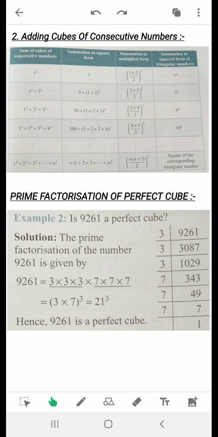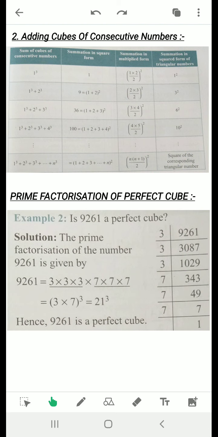So the cube of the first 10 consecutive numbers we can calculate as 10 multiply 11 upon 2, and for the first 20, it is 20 multiply 21 upon 2, whole square. Understood? So this is the second pattern in the cubes of the numbers. These are the two patterns that we usually see in the cubes of numbers.